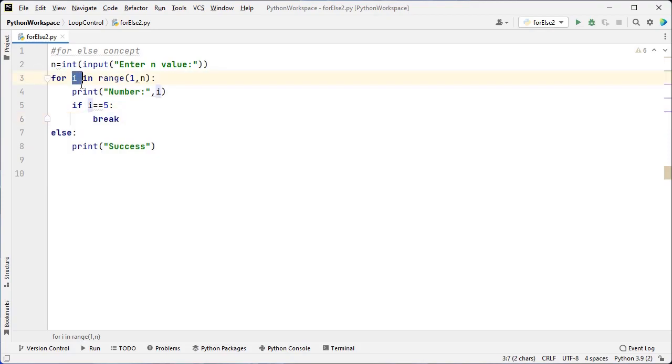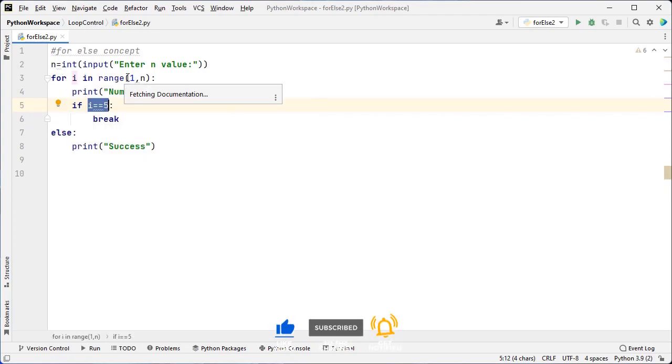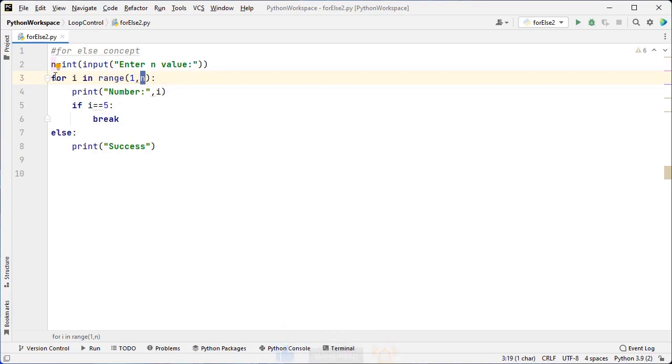Now the value of i is 2. That value will be printed on our console, and again this expression returns false only. So the if block will be skipped and the control jumps to the third line. Here there is no element because the n value is 3, isn't it? So this loop will be terminated after all its iterations. So what will happen? This else block will be executed only one time.